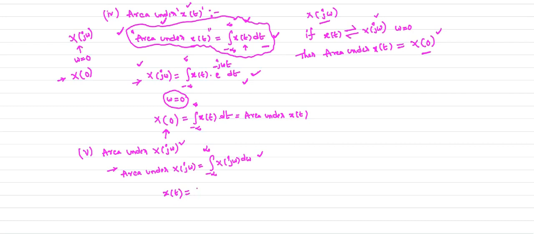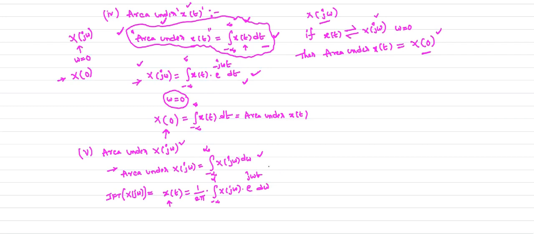How can you represent a time domain signal using the inverse Fourier transform? It is minus infinity to plus infinity X of j omega e power j omega t d omega. So this formula already you know. What is this formula? This formula is the inverse Fourier transform of your frequency domain signal. It will give the time domain signal, that is x of t equal to 1 by 2 pi integral minus infinity to plus infinity X of j omega into e power j omega t d omega.